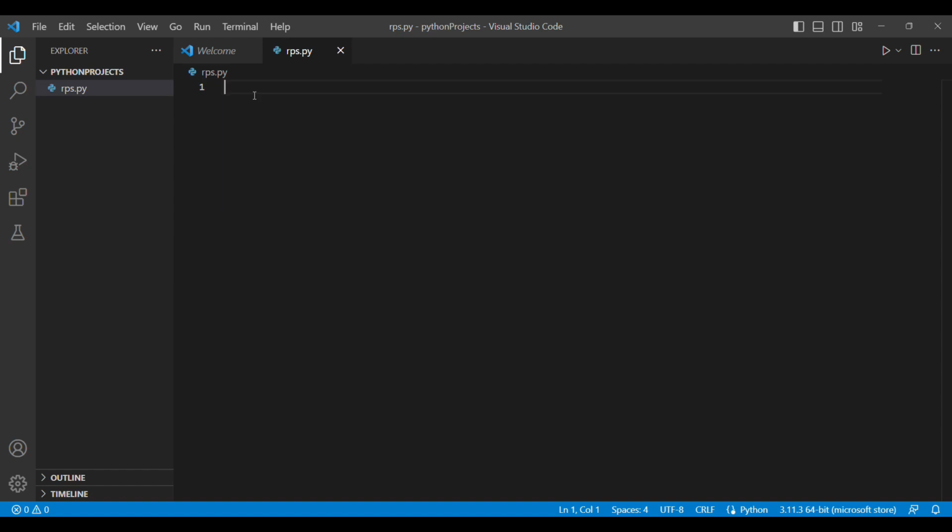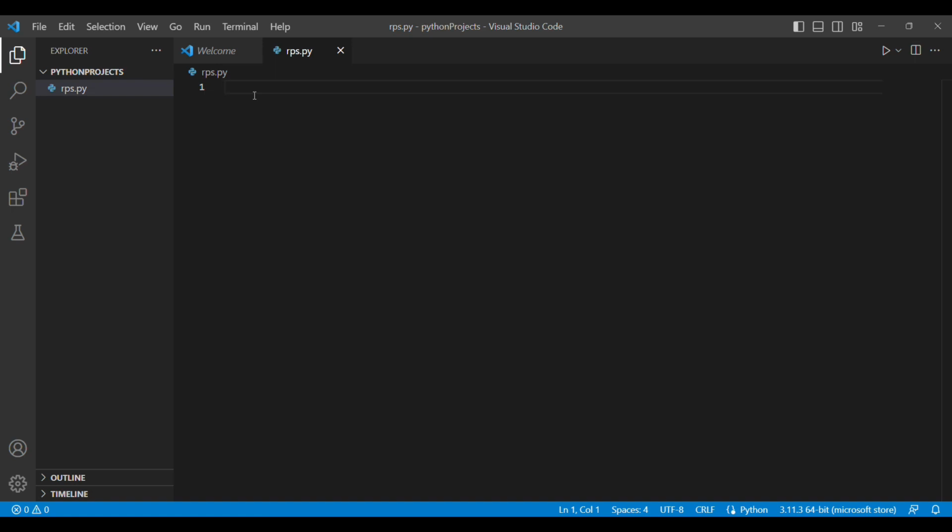Then we're going to have one function that deals with the logic. That means it's going to compare the computer move and the move we enter, and it's going to spit out a value, or it's going to add to the computer score or the player score depending on what move we make. Then we're going to have another function that's going to calculate the final score.